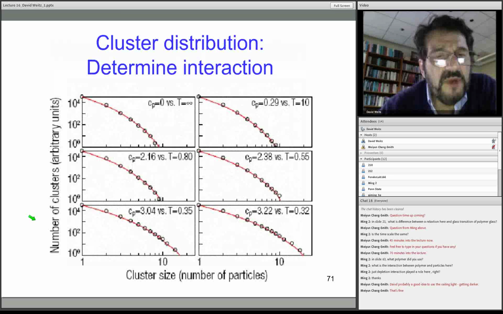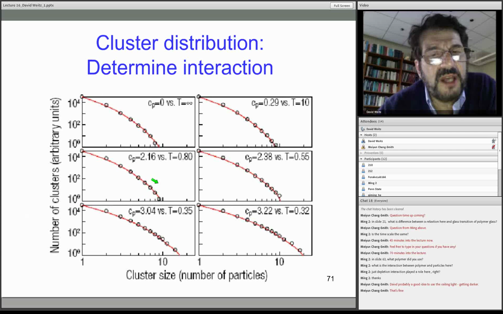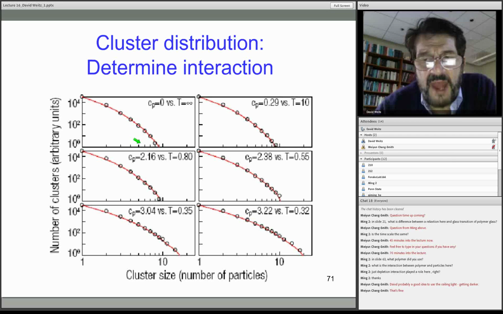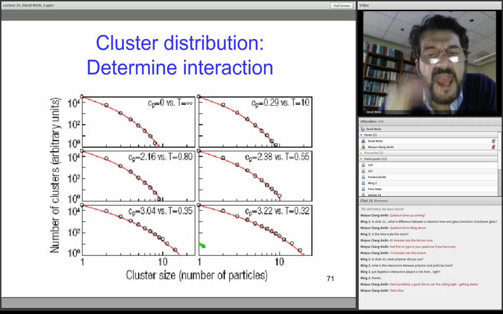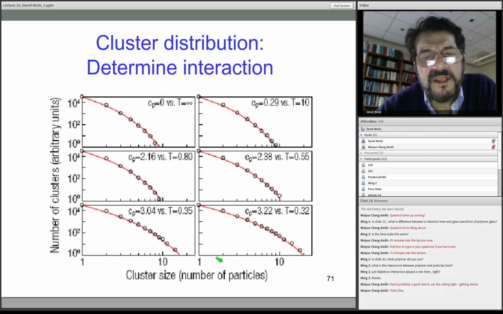But in that case, you can take snapshots and you can measure the distribution of the clusters. You saw that the particles would stick together. The clusters constantly come together and break apart. So you take snapshots, and as a function of polymer concentration, you can plot the distribution of the clusters. Most of them have cluster size of 1, and there's some that stick together, and the distribution looks like this. And the point of doing this is that you can compare this to simulations, and people like